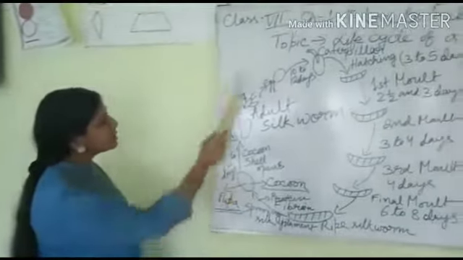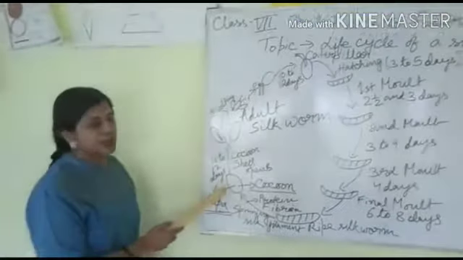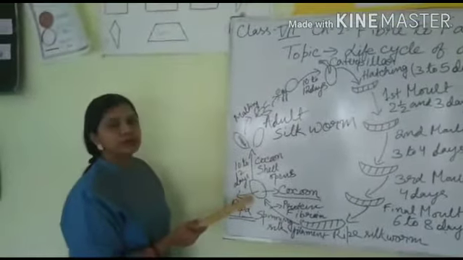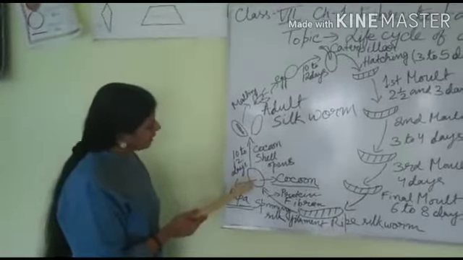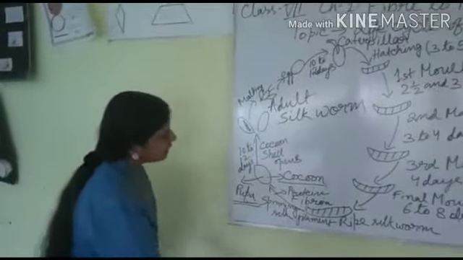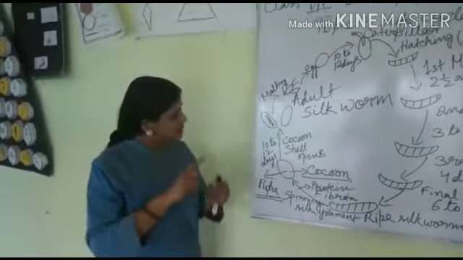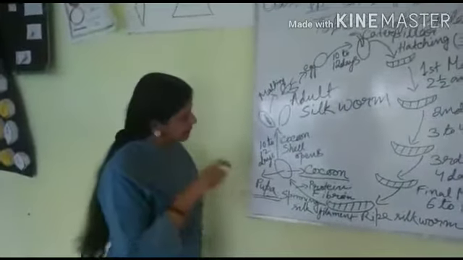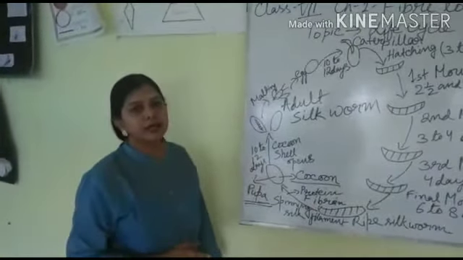But to continue the life cycle or to get more eggs, certain silkworms are allowed to go through this whole cycle, but most of the silkworm cocoons are taken out by the farmers who are rearing the silk to obtain silk. Now what is done with these cocoons? They are put in boiled water to unwind the silk fibers and to kill the insect inside the cocoon. It is kept inside the boiling water to kill the insect present in the cocoon, otherwise we are unable to get it.